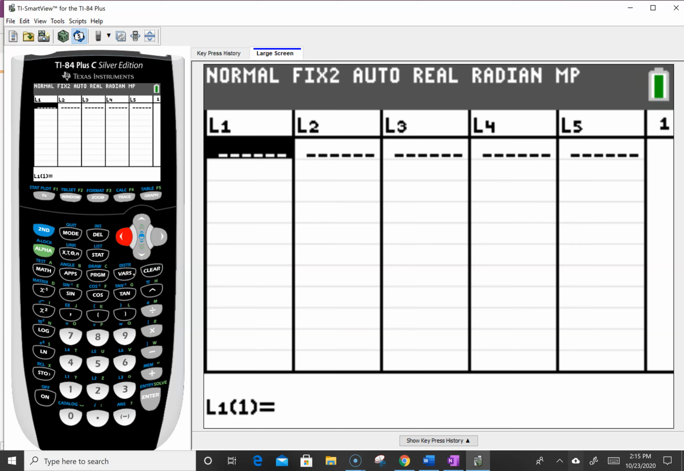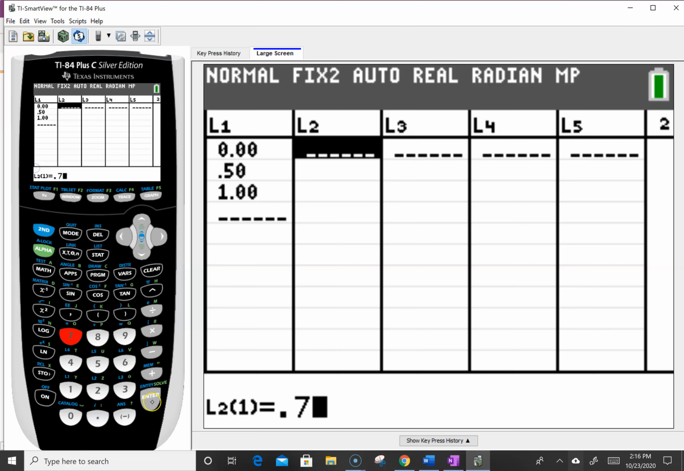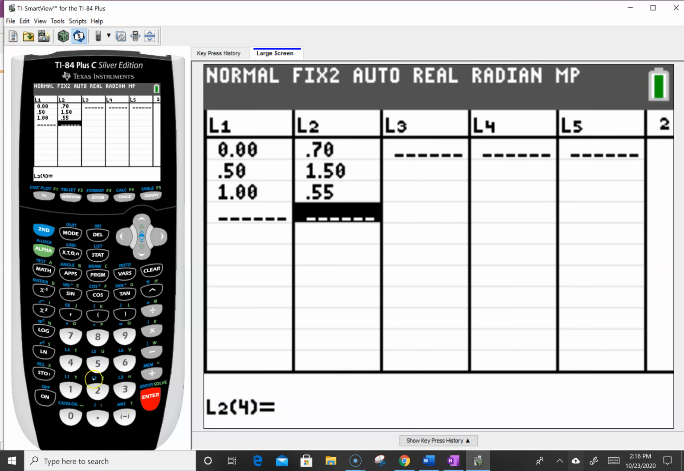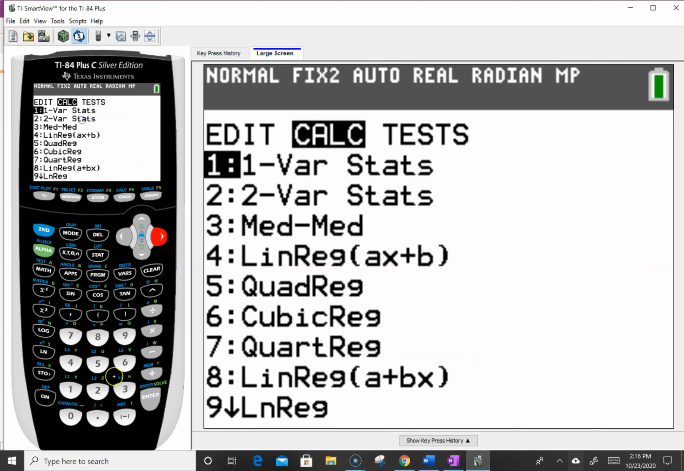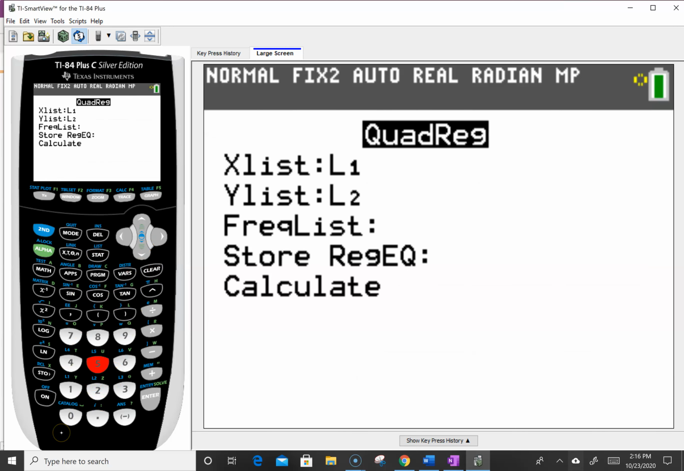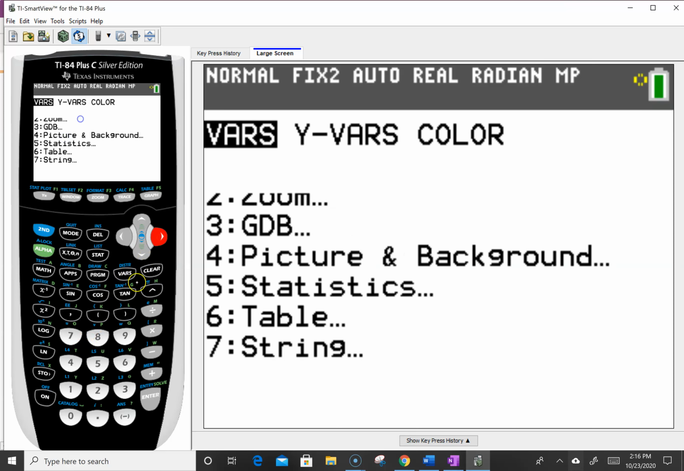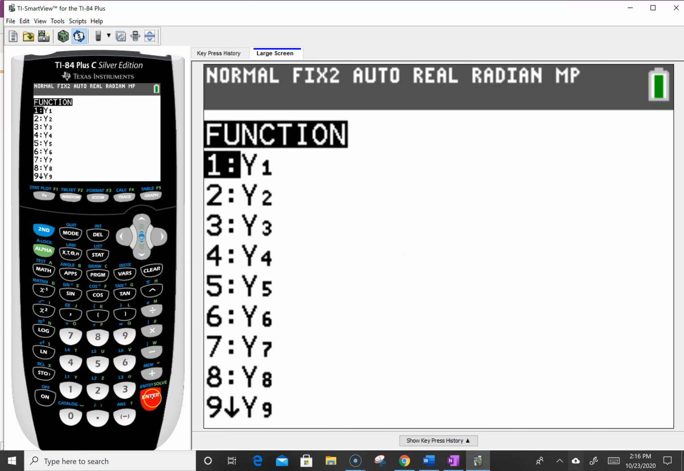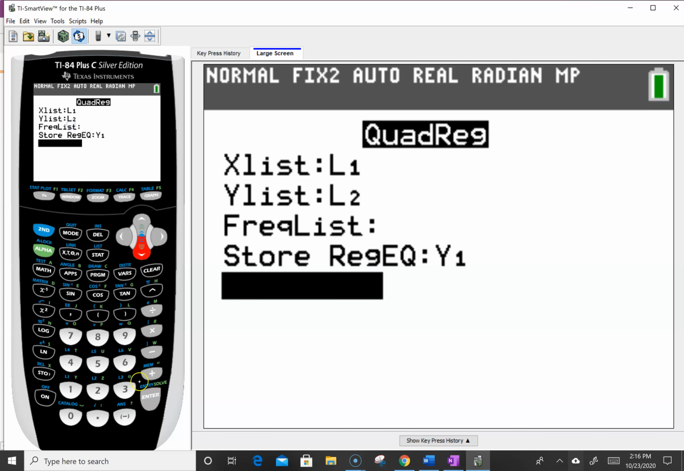And then in L1, we're going to put in the numbers 0, 0.5, and 1. Over here for L2, we're going to put in 0.7, and 1.5, and 0.55. And enter. Okay, go to stats. We want to calculate quadratic regression. These two stay the same. And now we're going to do our equation. Variables, y variables, function, y1, go down to calculate,